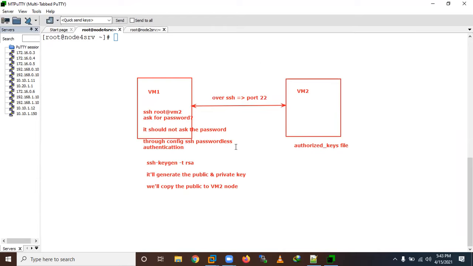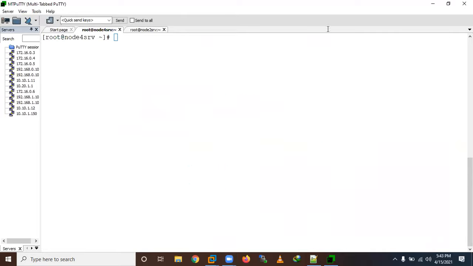So this is the concept, a simple concept. We want to access this VM2 without asking for a password. That is called passwordless authentication, so we don't need to give any password here. Please let me know if you have any concept related questions.